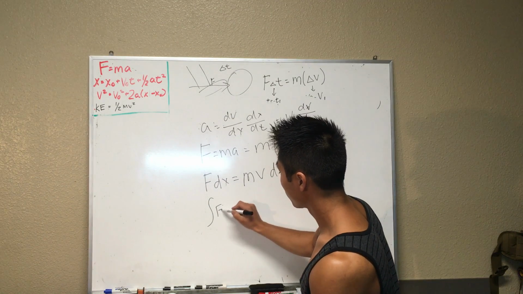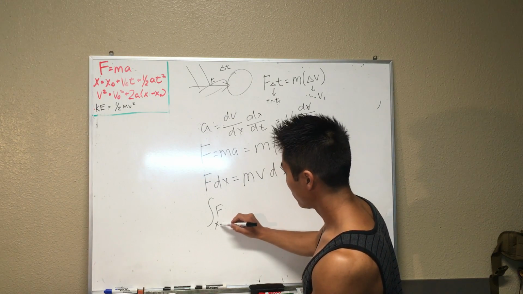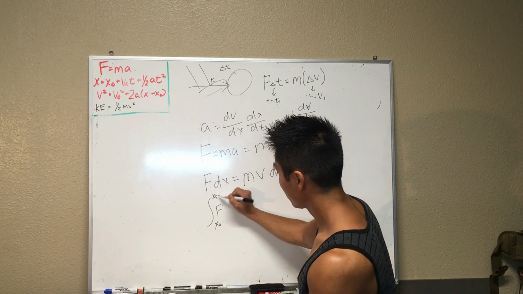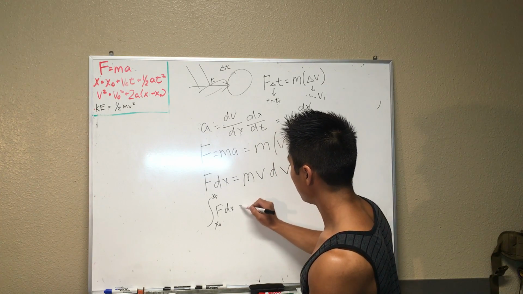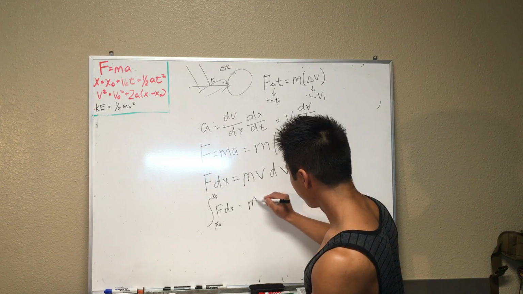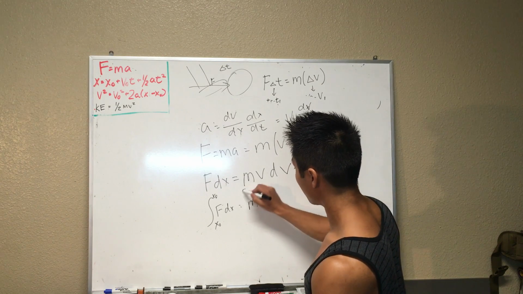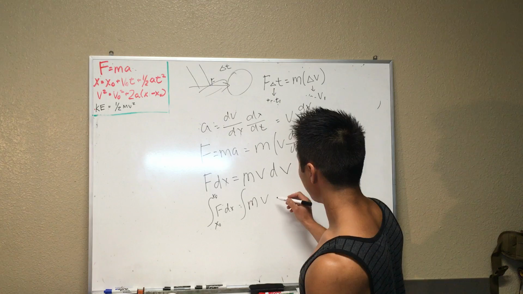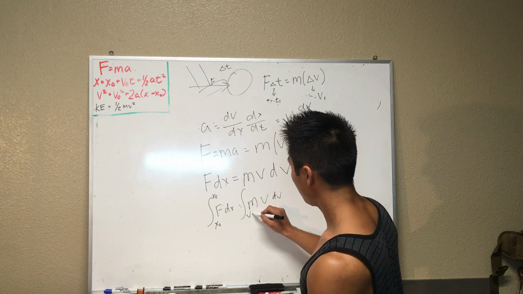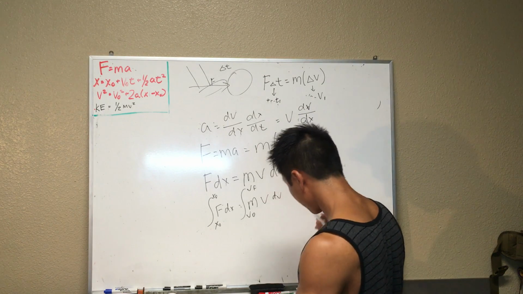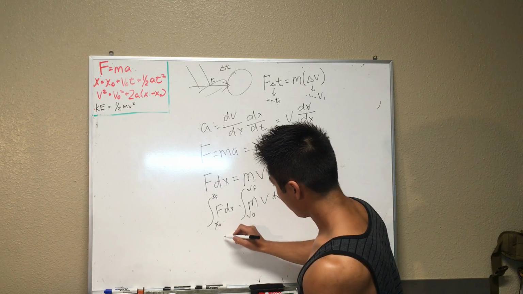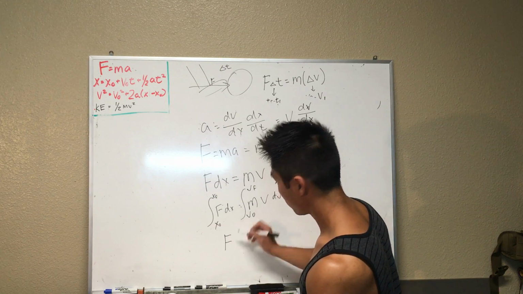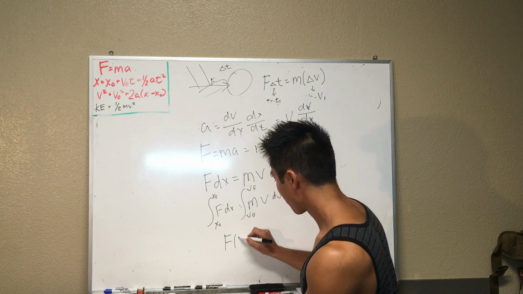So this one, we're going to go from x naught or x1, whatever you want to call it, to x final dx equals mv. I'm going to integrate that, and then dv from v naught to v final, and what we're going to get is f times change of x, if you want to say,